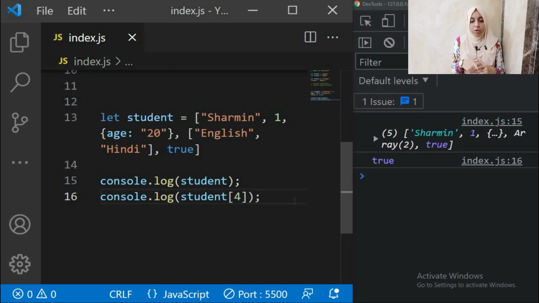Now for example, if you want to access all the items of an array one by one, you cannot sit down and write the index of each number. If you have a really large array, you cannot keep writing the index numbers to print your elements. So always remember, to print the items in an array, we usually use loops. Loops are used here if you want to print or take inputs for an array. There are many items in an array and you want to print them without manually writing your index numbers, so you can use loops.